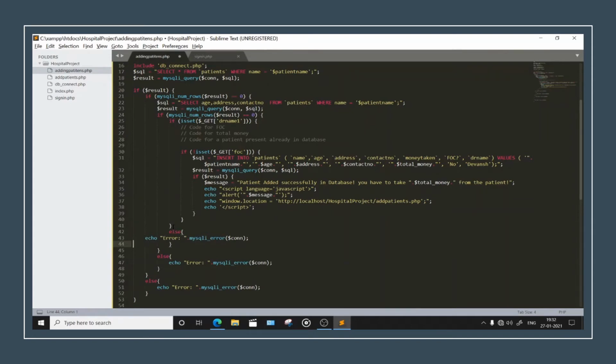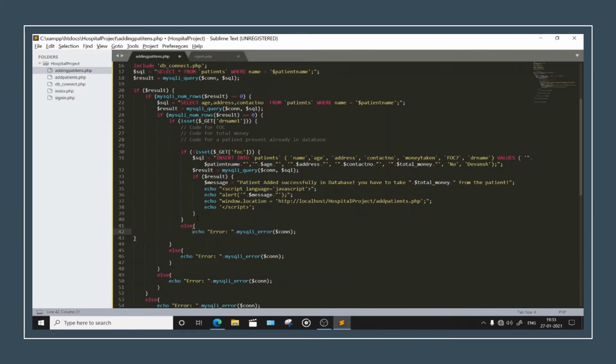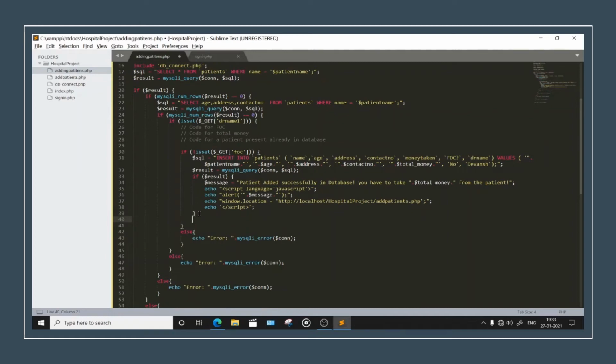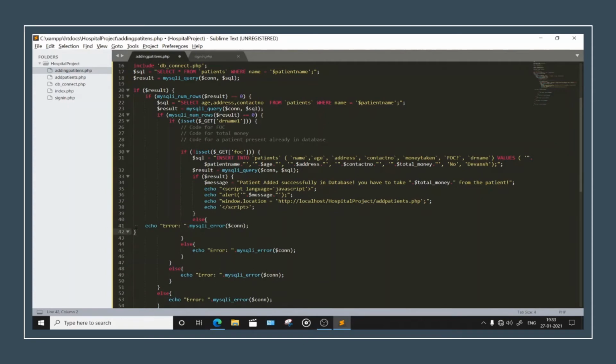Paste it here. Keep checking for the indentation. Alright. Okay. Fine.